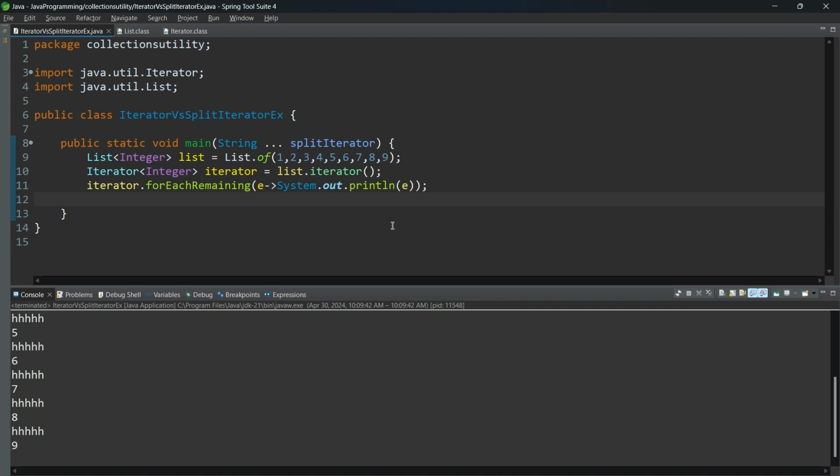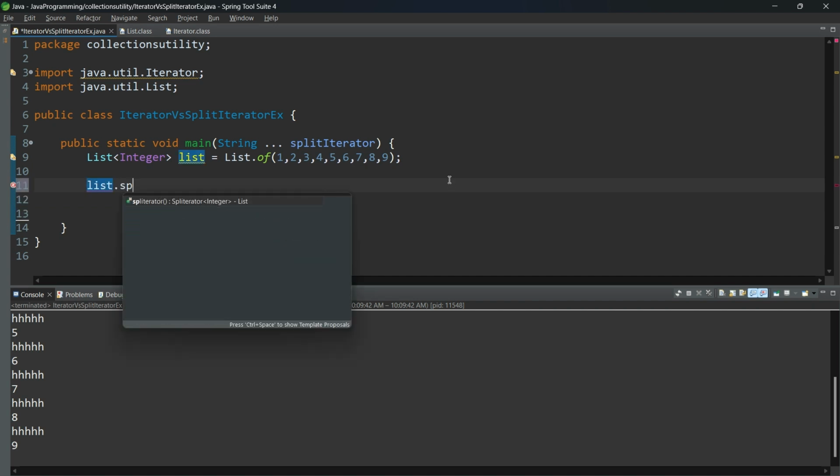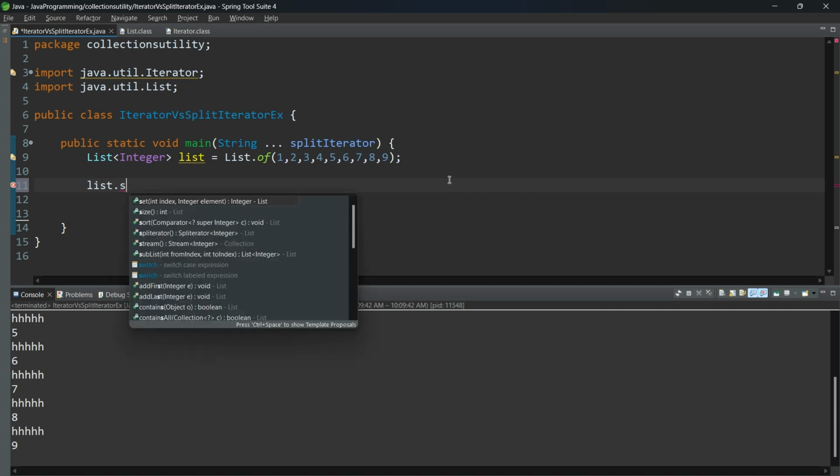Now let me try to explain about Spliterator. So how we can get parallel processing by using Spliterator. For that, first I am trying to declare some list. I can use this list as well, no problem. Let me remove this code. Now I am applying list.spliterator. So how can we get a Spliterator? By applying